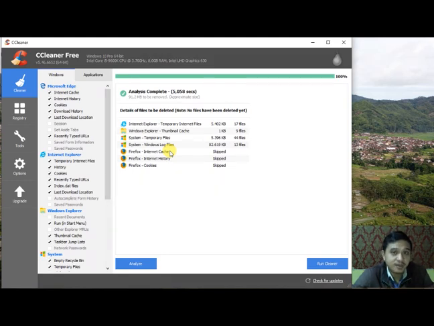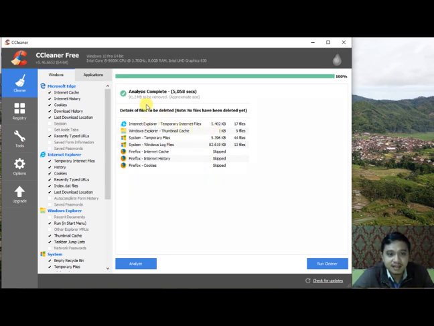This is what we skipped before. There is a message notification that we must close Firefox to give CCleaner access to clean the Firefox application cache or temporary files. Because we chose no, the Firefox application is skipped by CCleaner, so CCleaner didn't clean anything at Firefox.